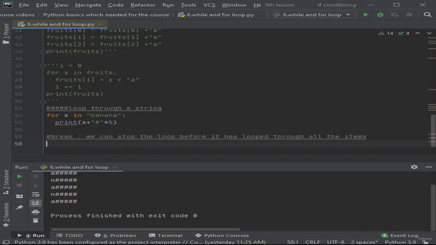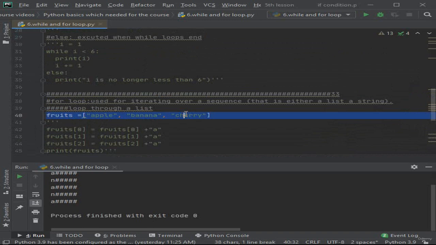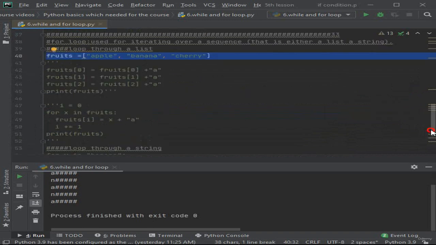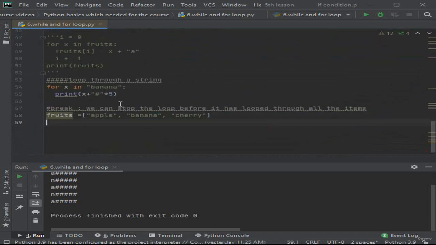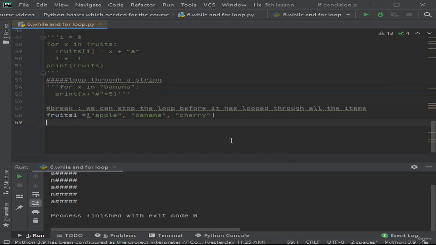For example, we have the previous list for food, this list. We will here change the name and make it fruit 1. Let's also make this a multi-line comment. For x in fruit 1,